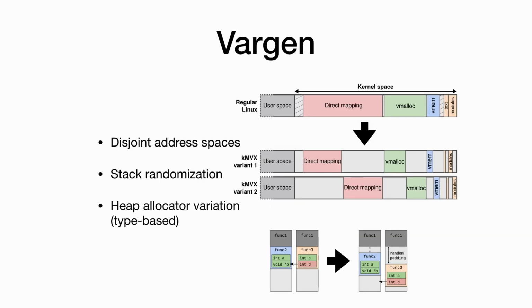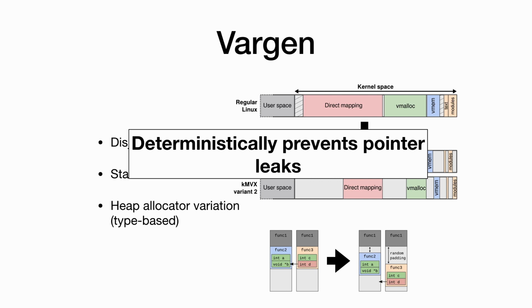kernel. The third component, variant generation, creates diversified kernels at compile time, for example, ensuring that the memory layout is different between variants. We utilize strategies such as disjoint address spaces, stack layout randomization, and heap allocator variation to achieve diversity in the kernel. Due to the diversification strategies, exploitation for info leaks will leak different data, allowing us to